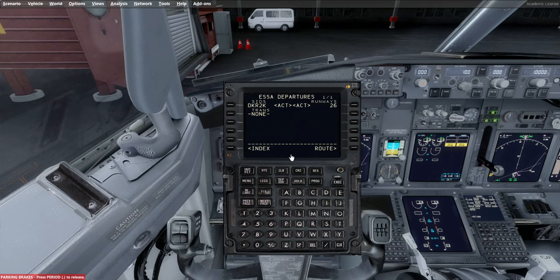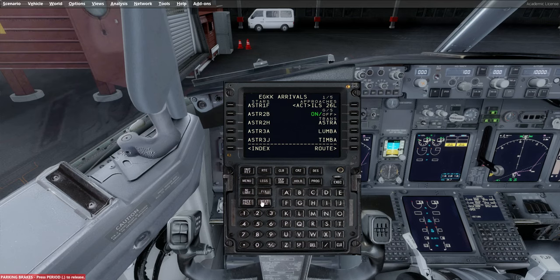Now what we need to do next is click on this Depart Arrival button again, and we're now going to tell the computer which runway we're going to arrive on when we get to Gatwick. We'll click on Arrivals, and we're going to be landing on ILS 26 left today. So we line select that and again execute, and we're going to use a STAR, which stands for Standard Terminal Arrival Route, and that STAR is